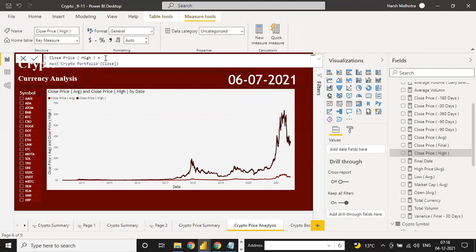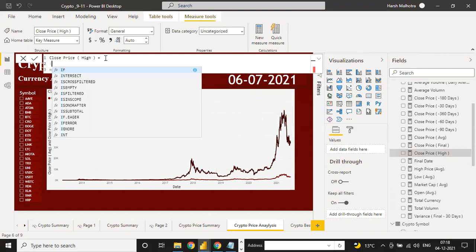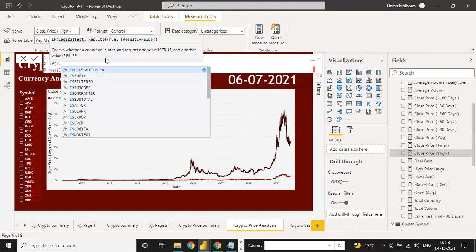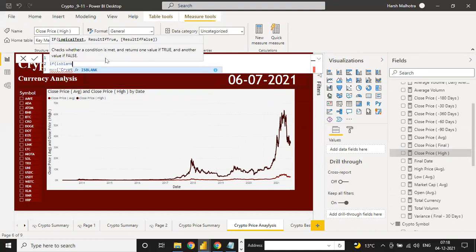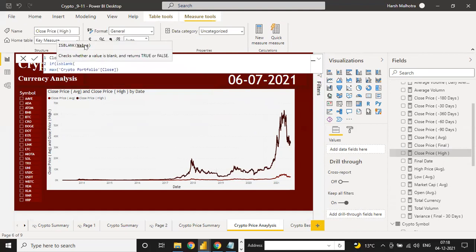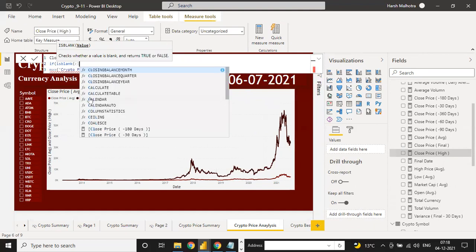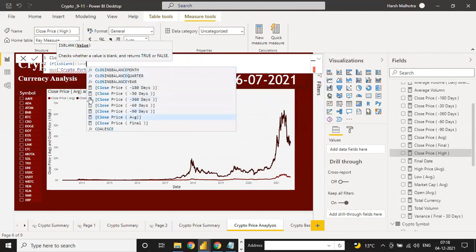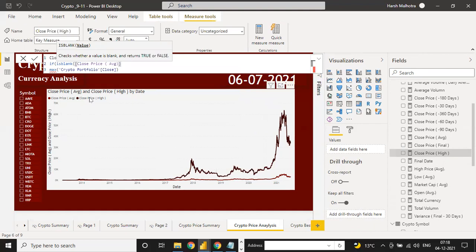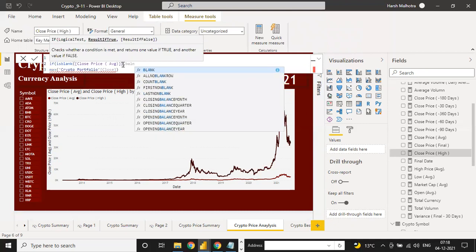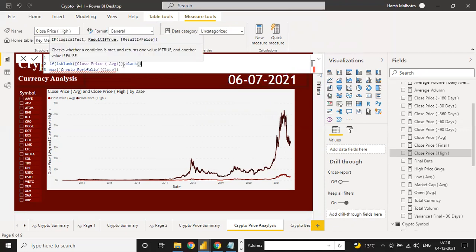Okay, and let's change some of the function. Like IF ISBLANK. Is blank means if one column is blank, into which measure? Close price. We have to calculate only close price. If this close price measure is blank, then we need blank values. Sometimes your close price value is not given, so this function should not show an error.